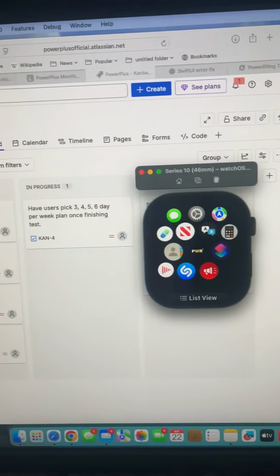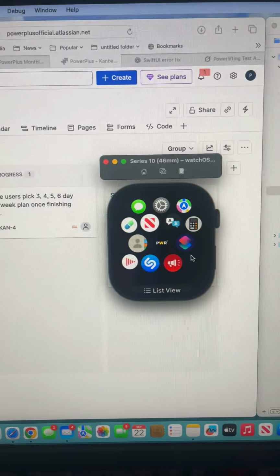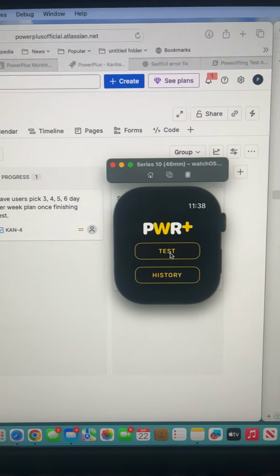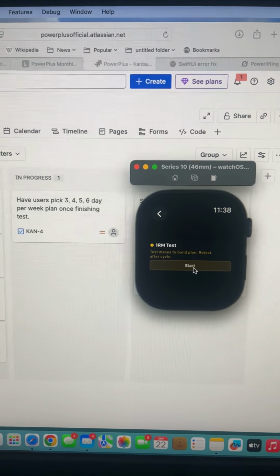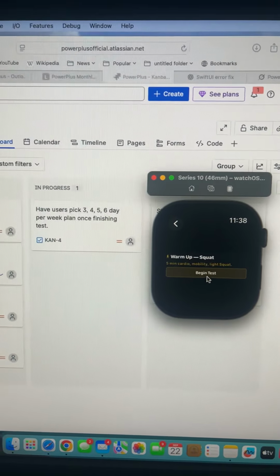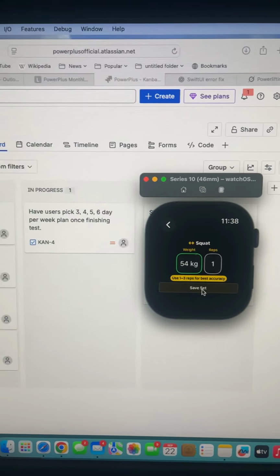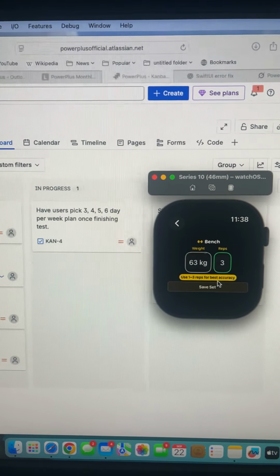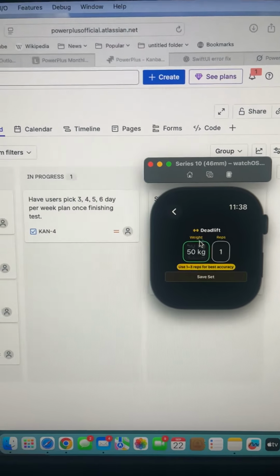So in Xcode, which is the coding environment for iOS apps and watchOS apps, you get the test on a little simulator. So this is the app. When you come into the test, if you have any recollection of what it was like before, this is much simpler. Just start, get into your squats, choose your weight and your reps, save it, begin the bench, same thing, how many reps you're going for, best accuracy, you want to go between 1 and 3, and then finally deadlifts,